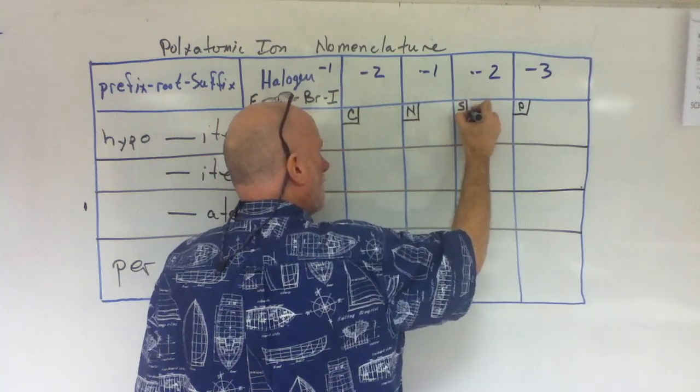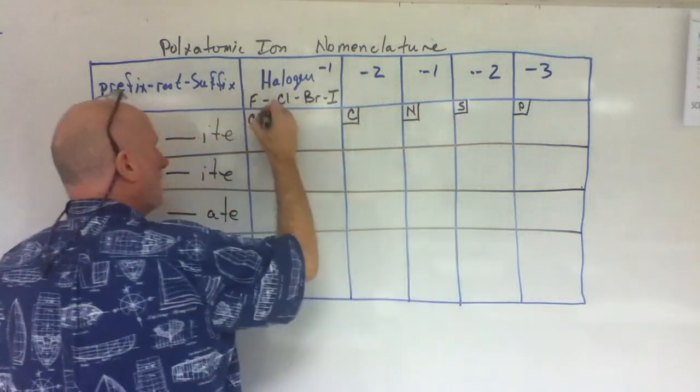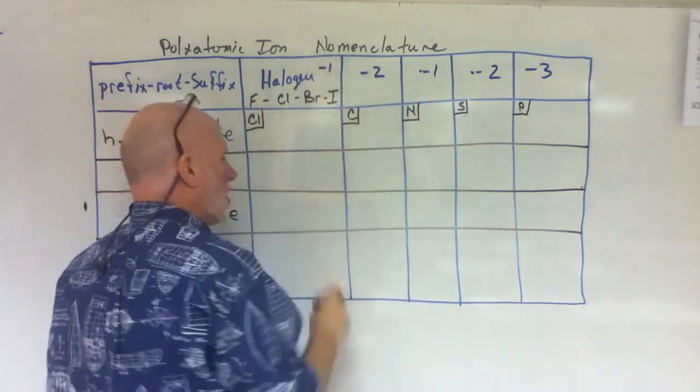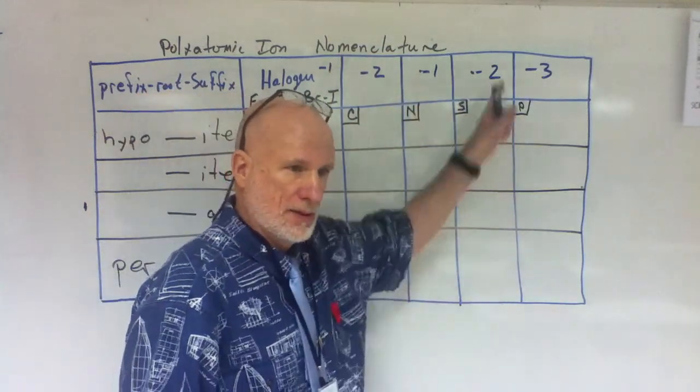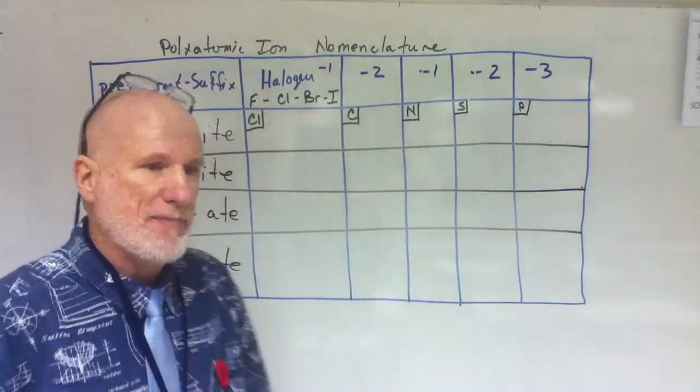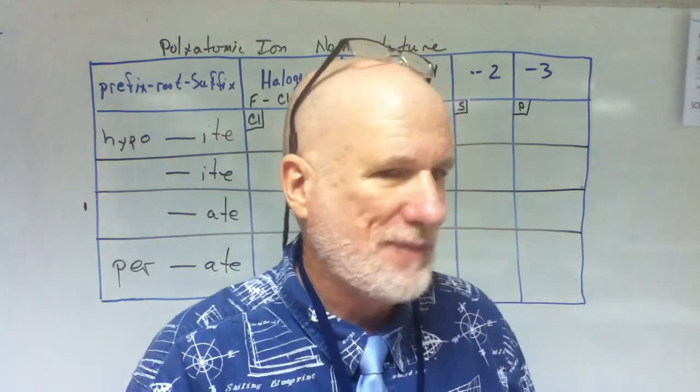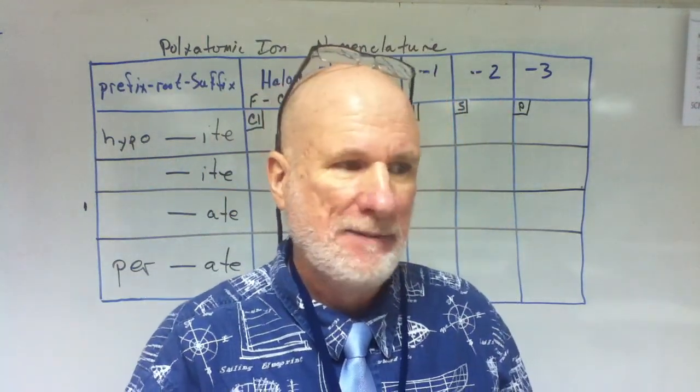Okay? These are the charges of these groups. Yes? Right? Okay? So you just have to memorize 5 polyatomic ions, and I did that with your class,